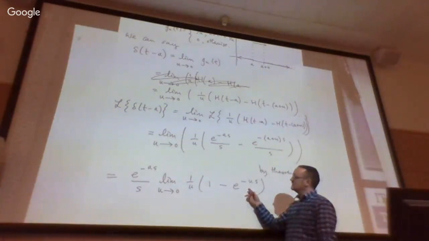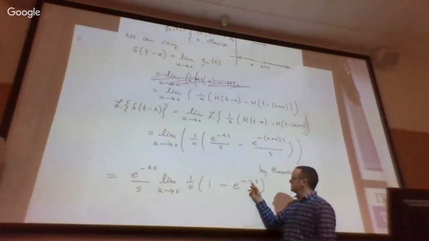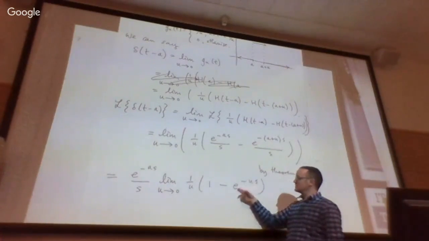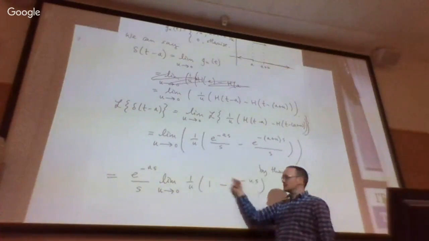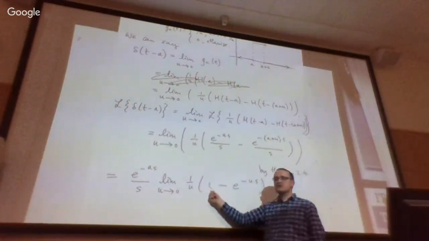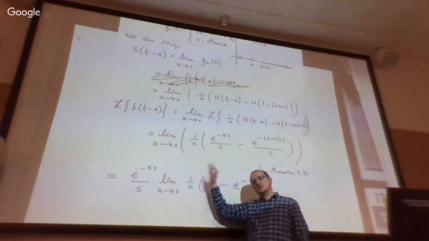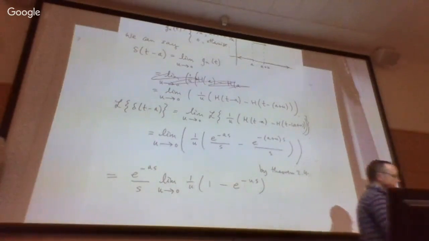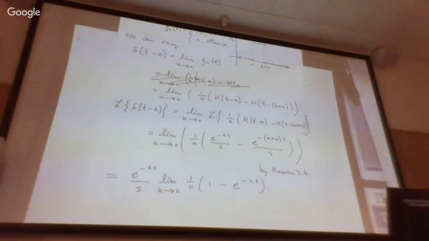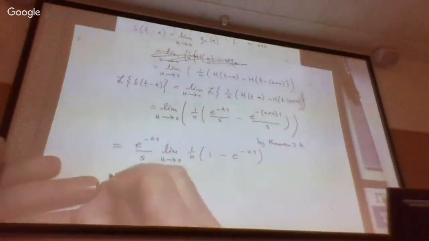And here it's 1 minus, and when you put u equals 0 here, you get e to the 0, which is 1. So this bracket is 0. So this bracket is converging to 0. This bracket is converging to infinity. So you've got a 0 over 0 thing. So you can't say for definite with simple substitution what that is. You would have to use